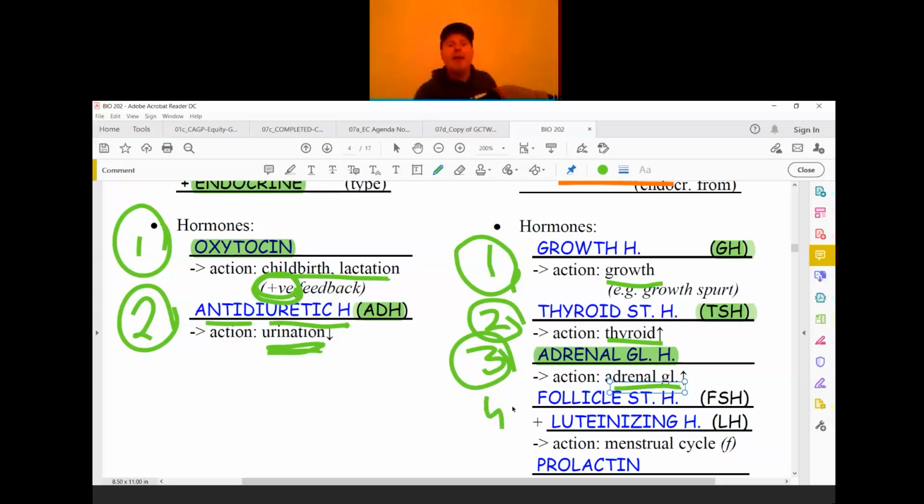The fourth one, which is actually a set of 2 hormones from the anterior pituitary, are going to